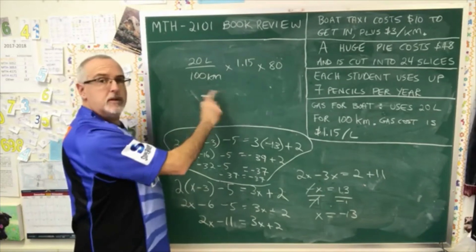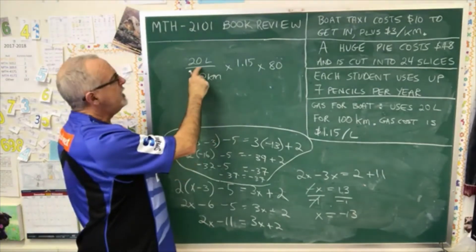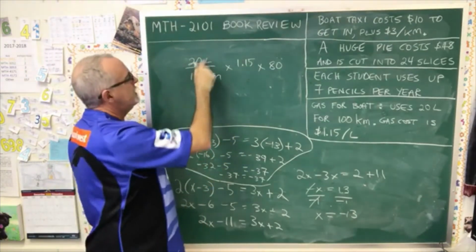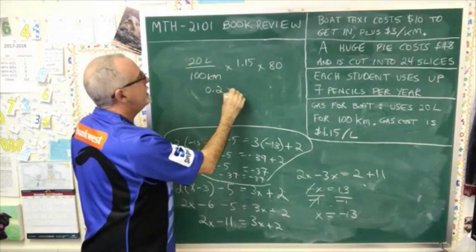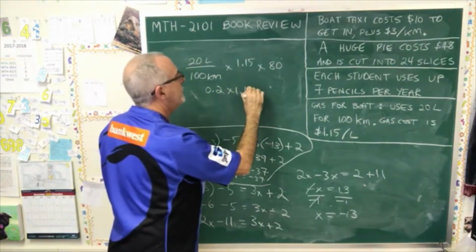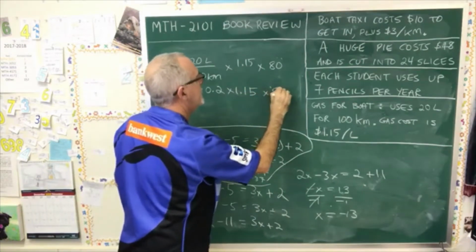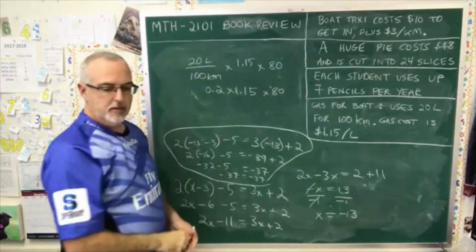Now all I have to do is simplify this. 20 divided by 100, I can do that first. I can do a division. 20 divided by 100 is 0.2. And I can multiply that by 115 and then by 80. So I'll do it in stages. 0.2 times 115,